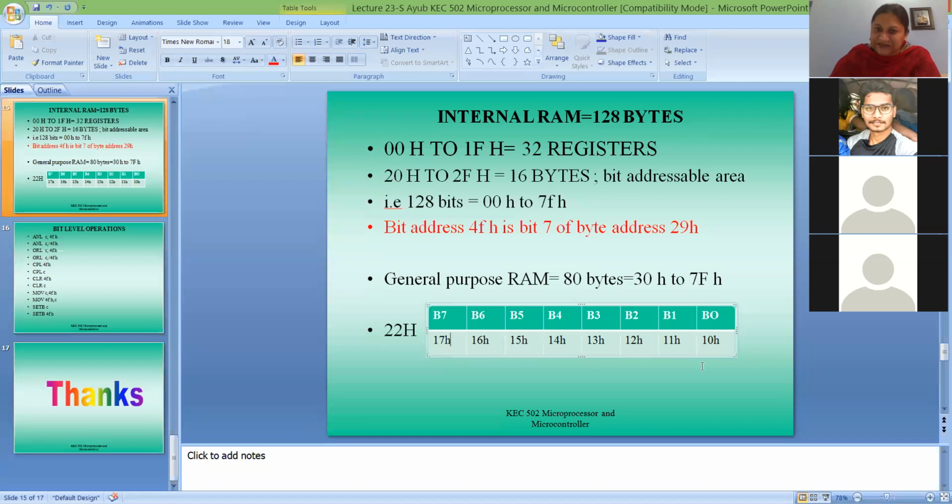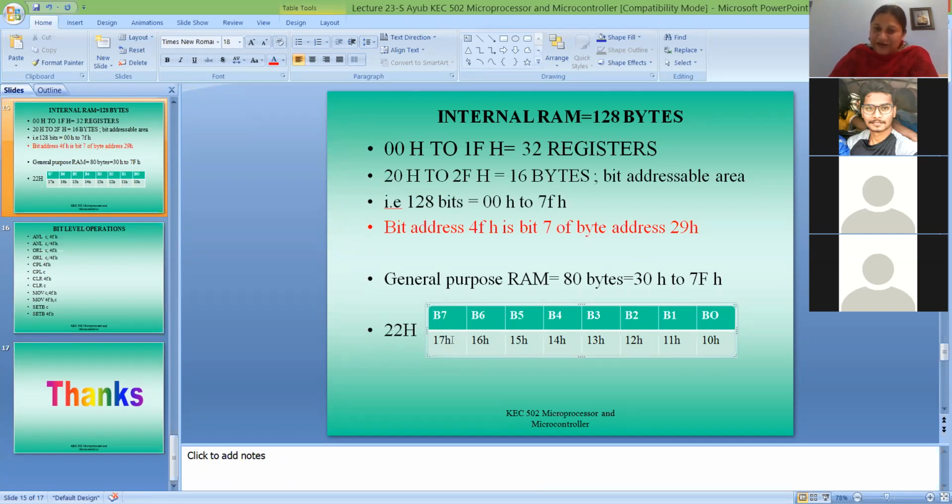So if I say the bit address is 4F, where will it come? This will be the 29th memory location, and it will be bit 7. For 23, it will be 18 to 1F.